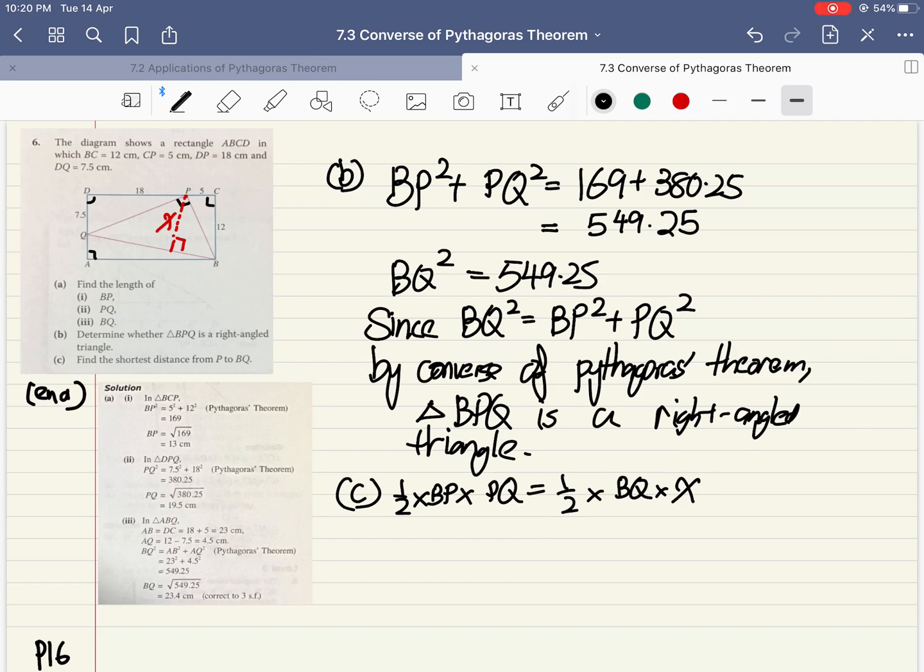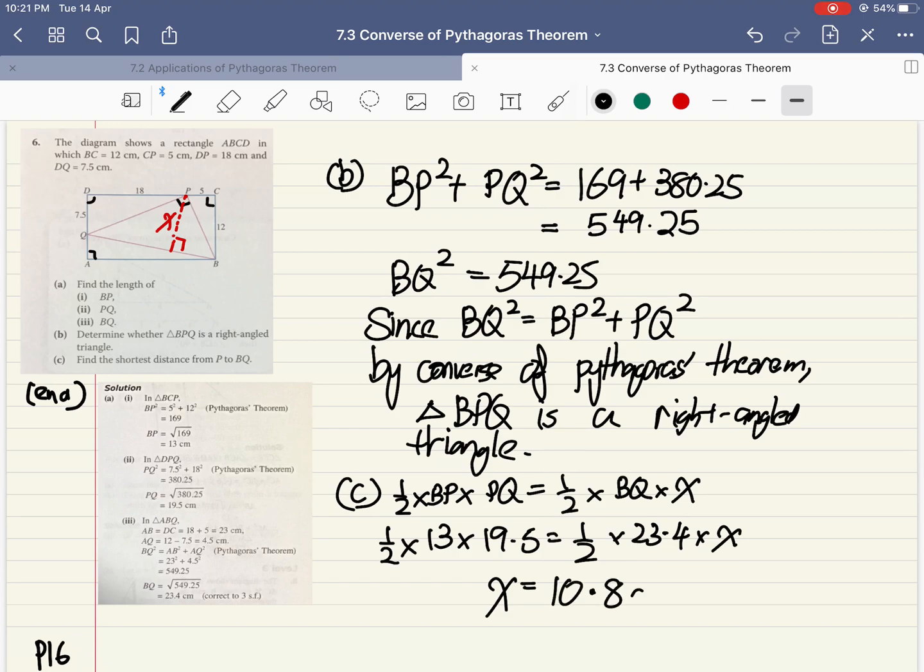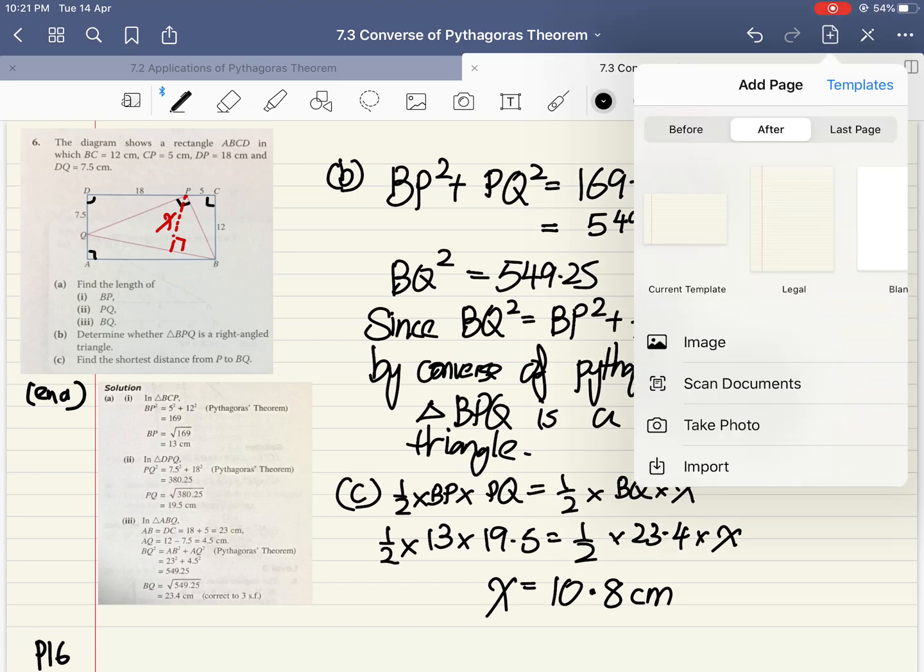So we just fill in the different values here. Half times 13 times 19.5 equals to half times BQ, which is 23.4, times x. If we solve, we will get the x value to be 10.8 cm. And that concludes the presentation for